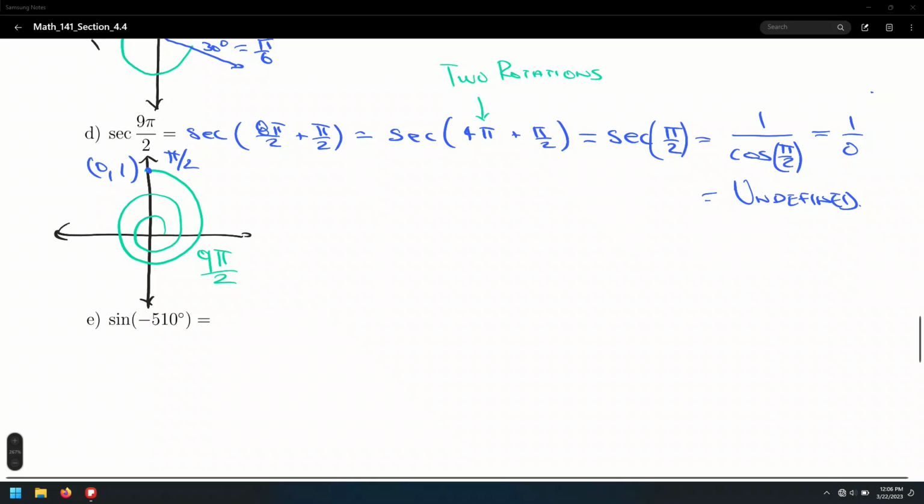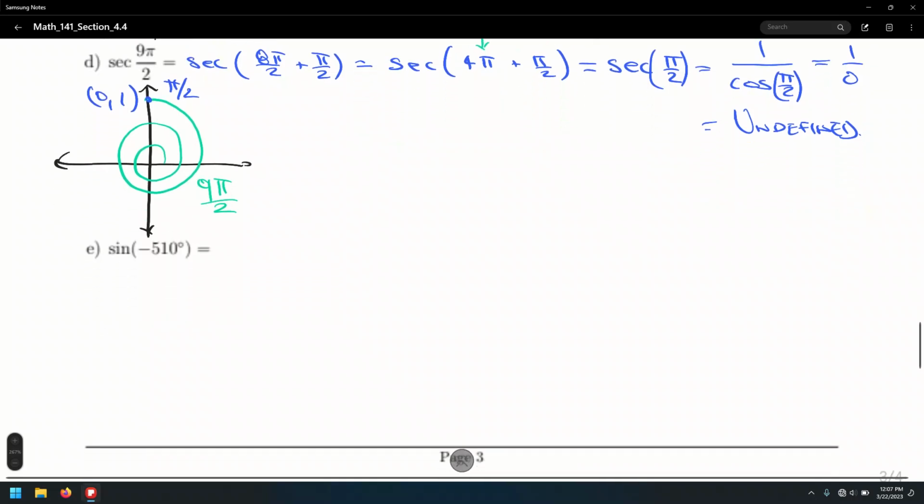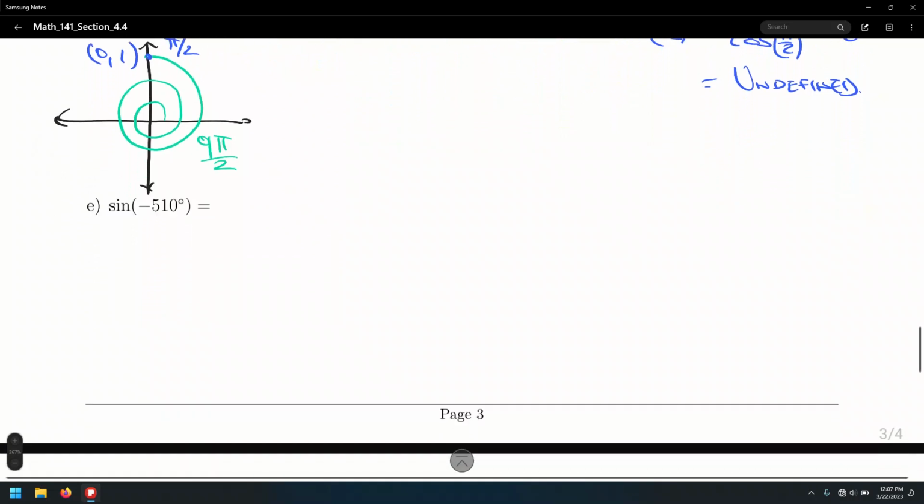Find sine of negative 510. Whenever you have a negative angle, you might want to use the even and odd properties for trigonometric functions. Recall that sine is an odd function, that is, it's symmetric about the origin and it meets the